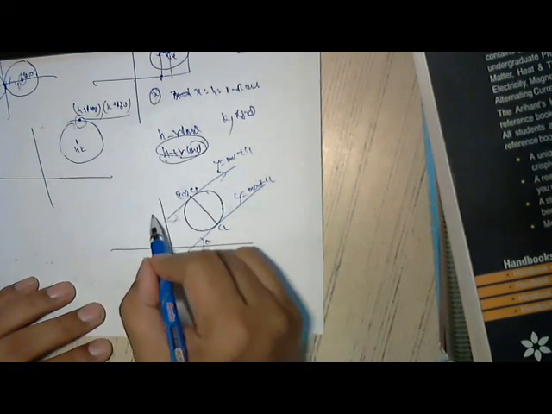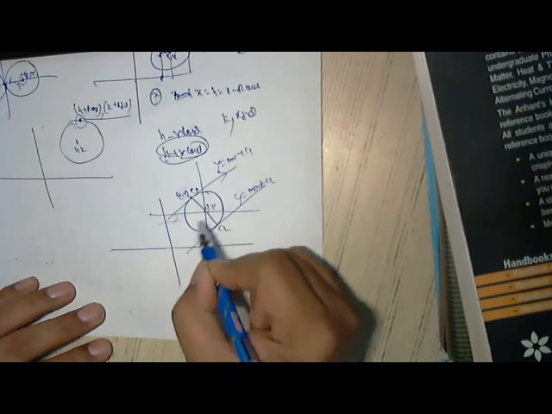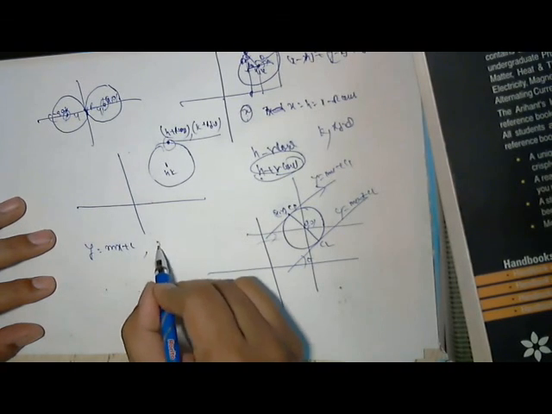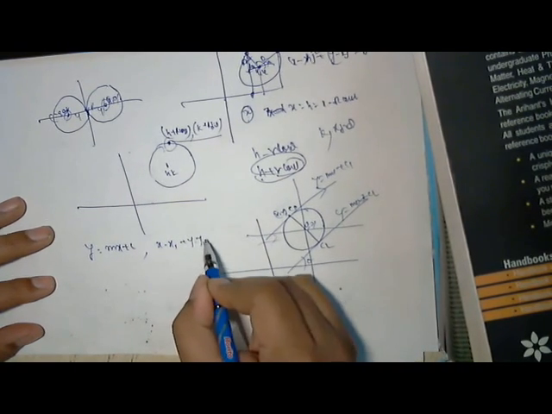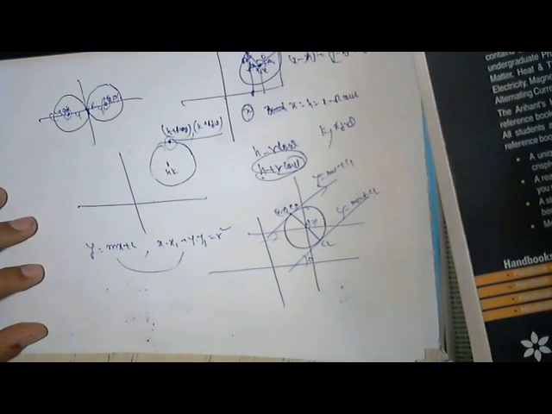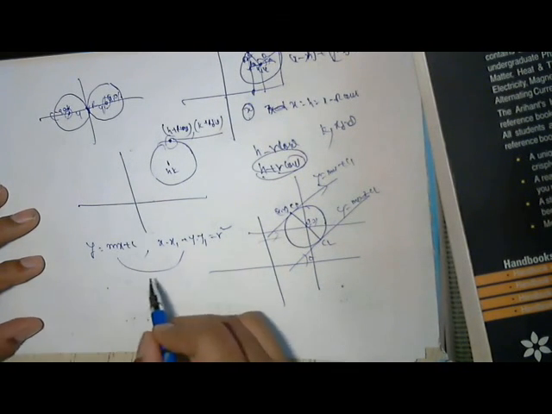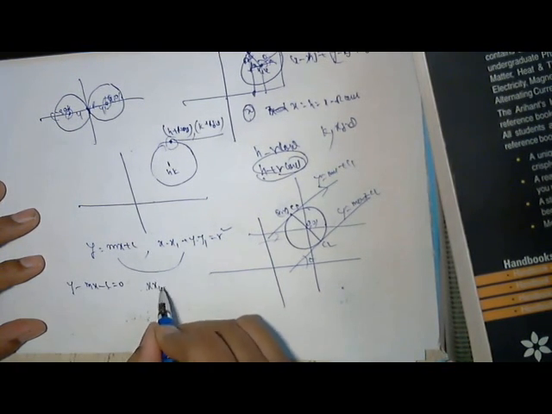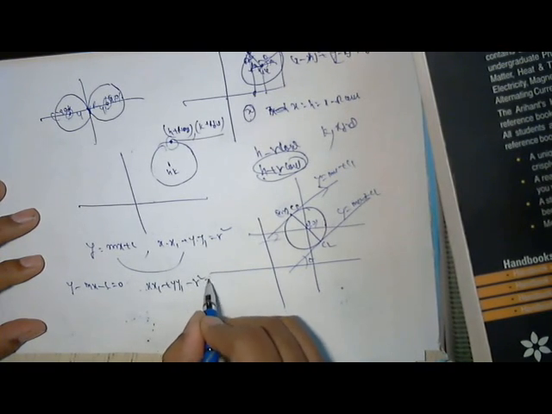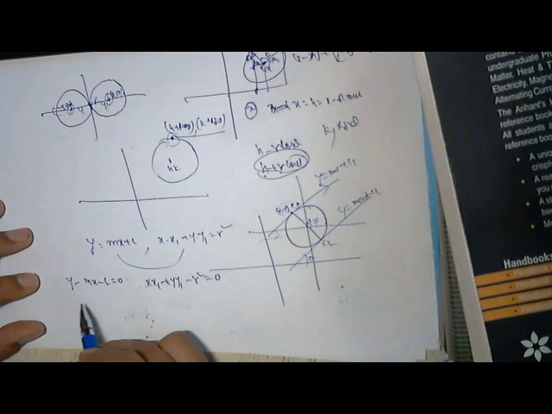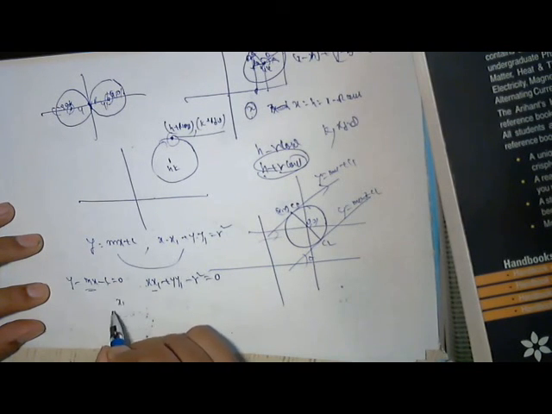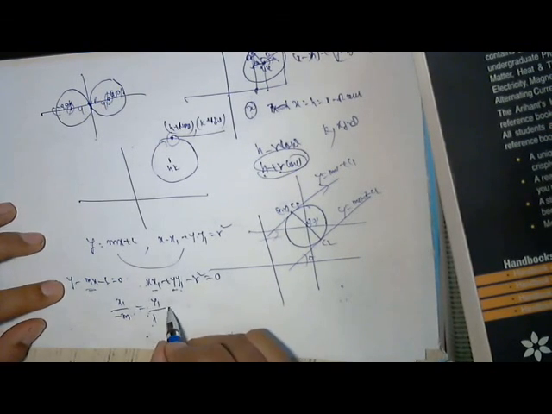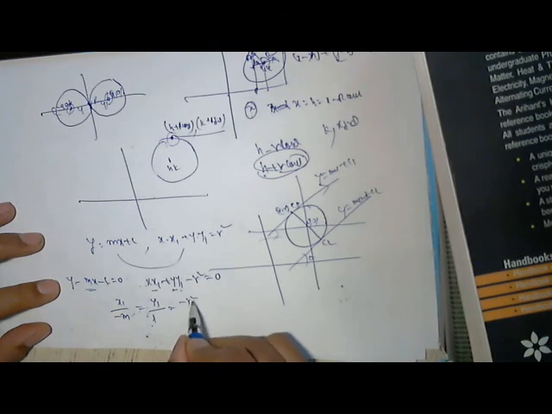This circle, what we are doing is, the center is 0, 0. So we have two equations: y is equal to mx plus c, and x x1 plus y y1 is equal to r square. When we take all this to one side, y minus mx minus c is equal to 0, and x x1 plus y y1 minus r square is equal to 0. So the first x component is x1 by minus m, y component y1 by 1, z component minus r square by minus c.